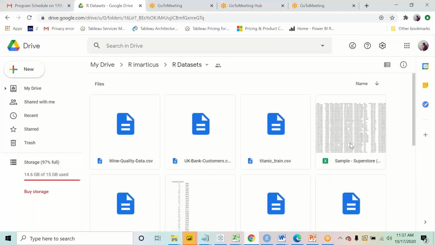You can quickly download that. All of you, have you downloaded the file?